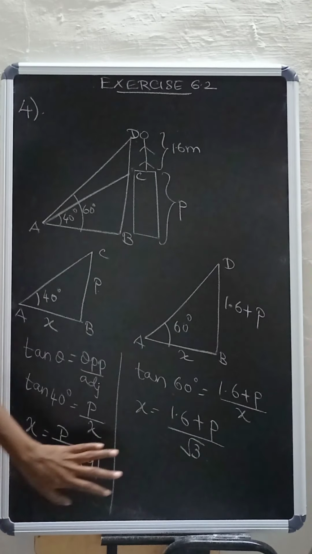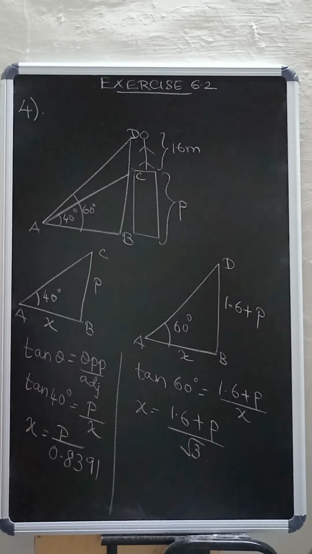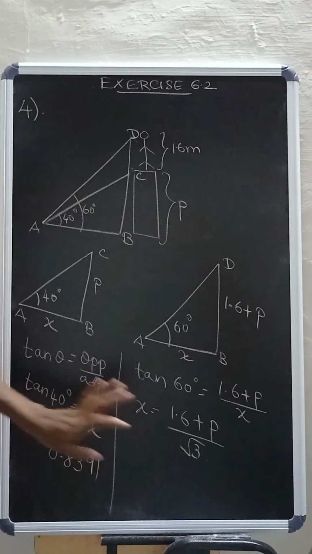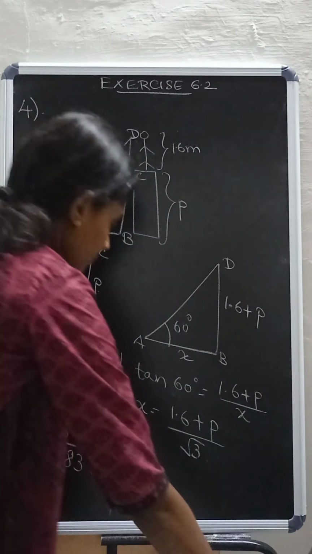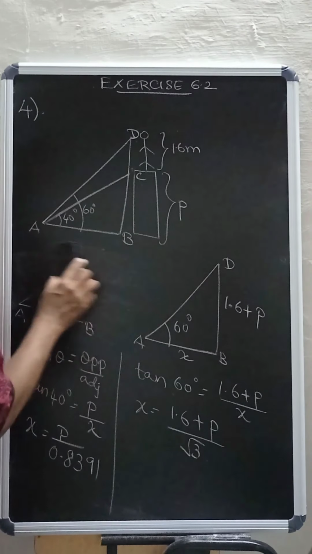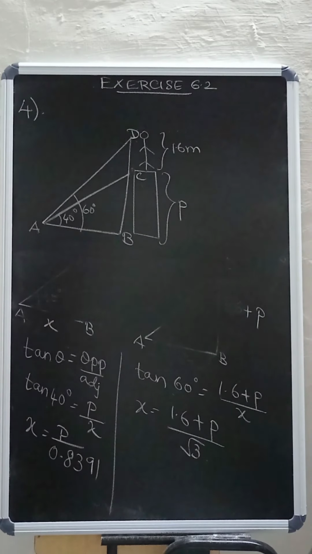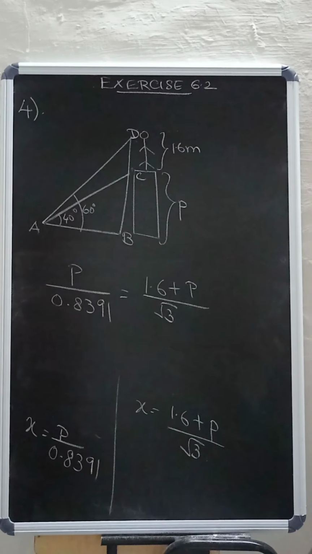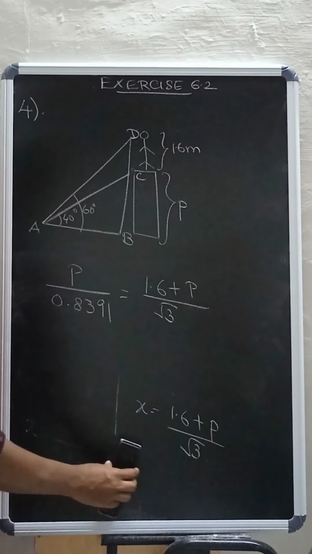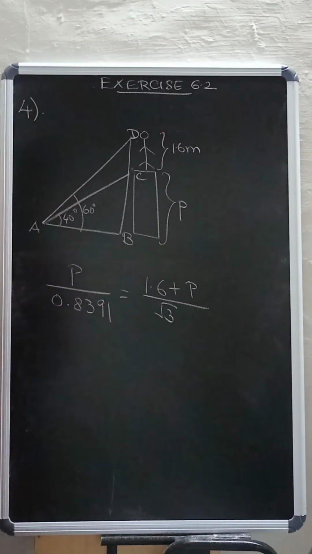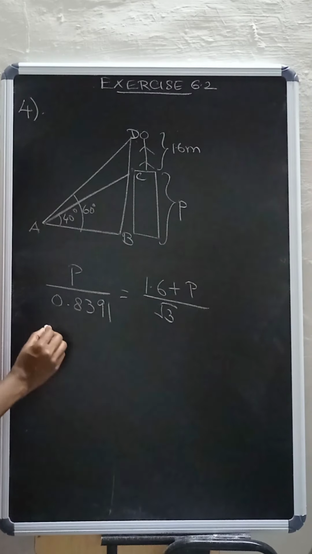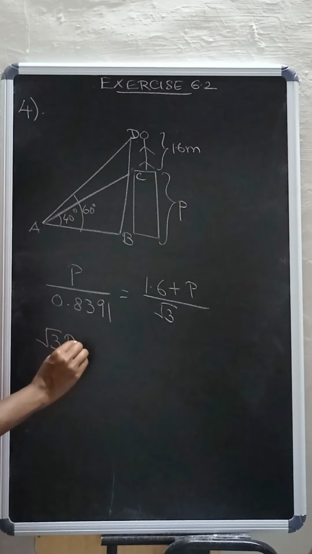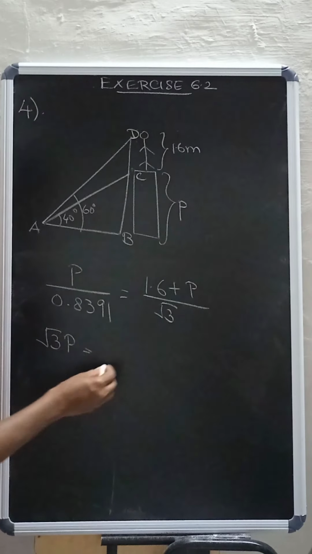Here also you have X and here also you have X. Now we are going to equate this X. Now we have equated it. Now we need to find the value of P. So cross multiply, root 3 P is equal to